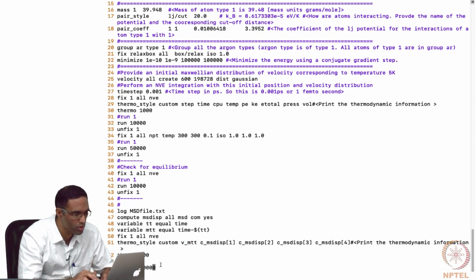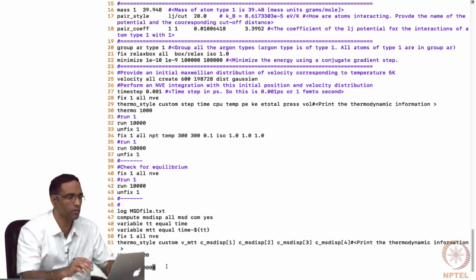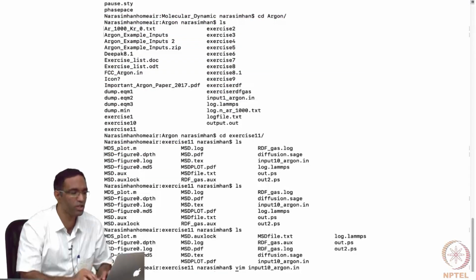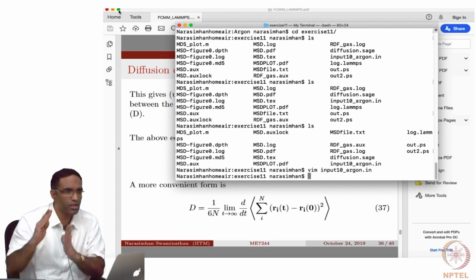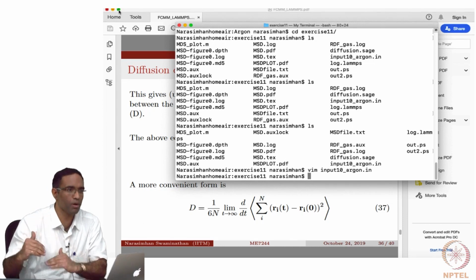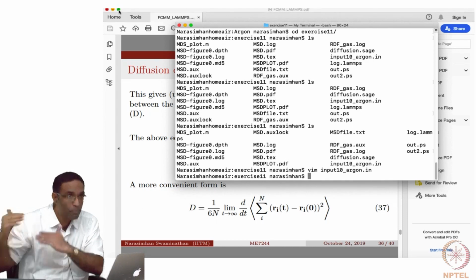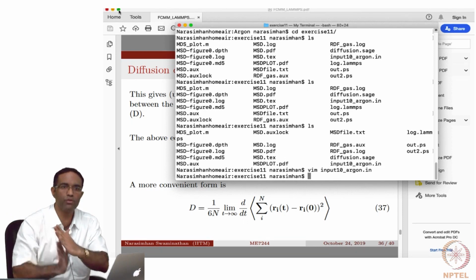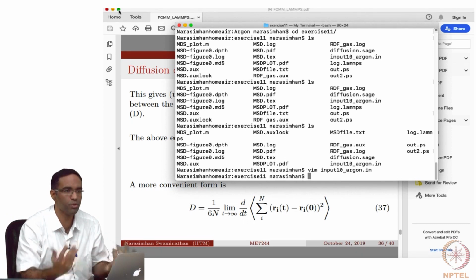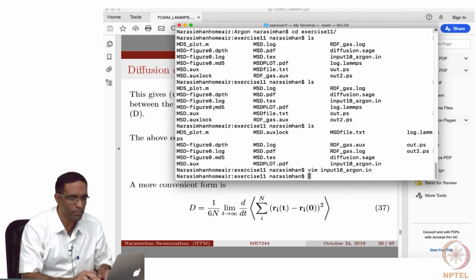Another thing that you should notice is that when I am trying to do this mean square displacement, I am running it over at least 2 or 3 orders of magnitude more time steps than what I did for other simulations. So it might have reached equilibrium, but if I want to look at the region in the MSD versus t plot where the MSD is actually proportional to the time, then I'll have to wait long enough for this relationship to actually show up. Okay, so